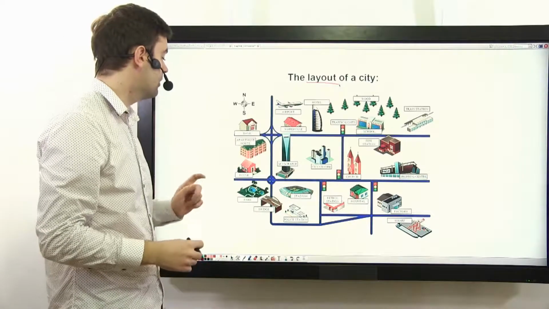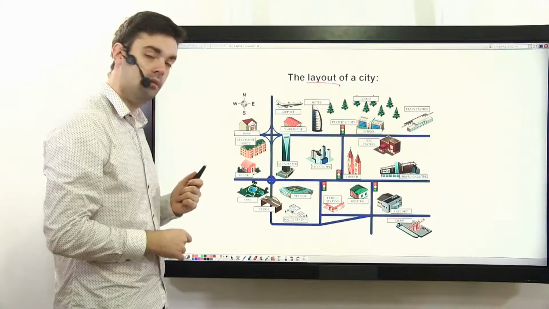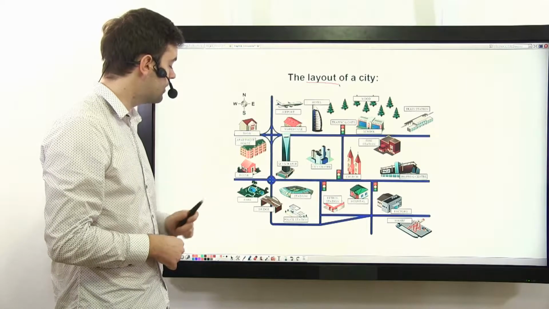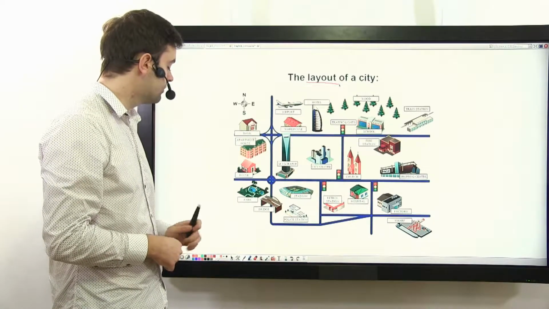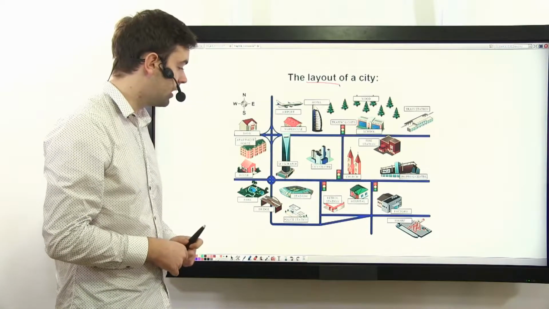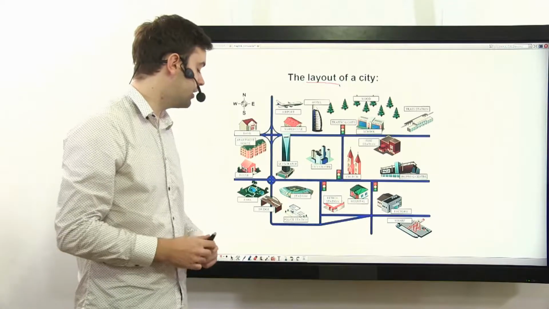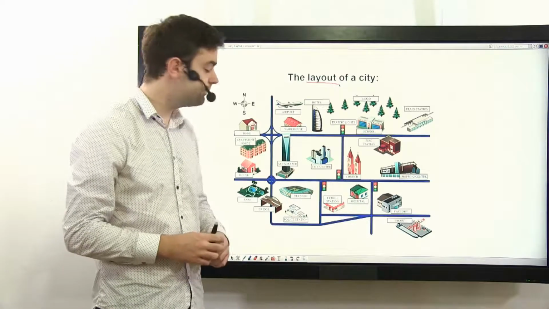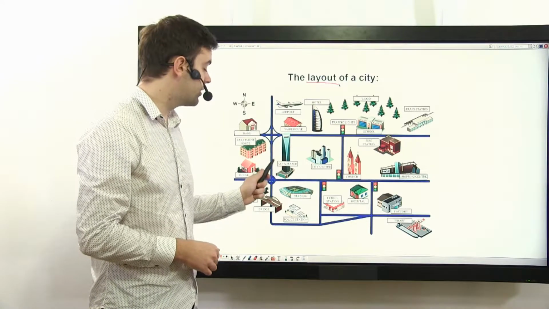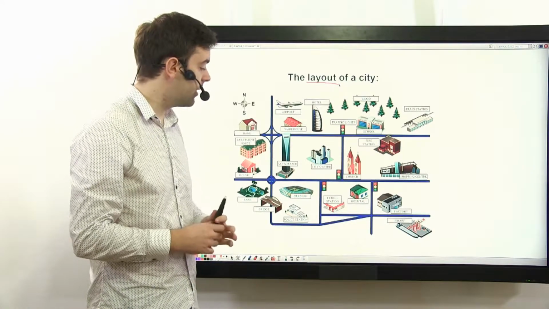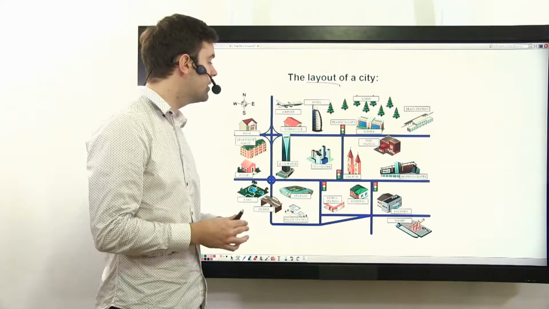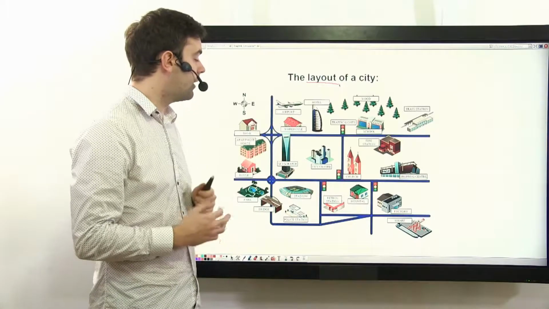So, in this city, we have a bank, apartment house, a park, a bridge, a police station, a stadium, skyscraper, a city centre, a warehouse,